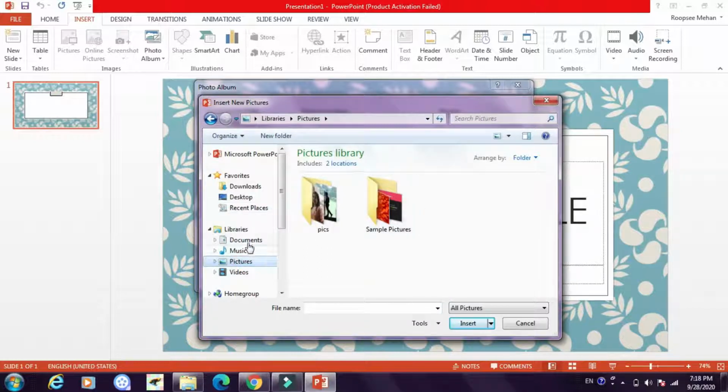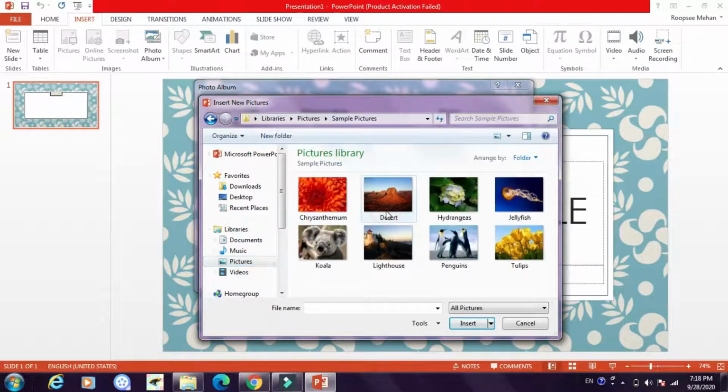Under the libraries, I'll select pictures, I'll go to sample pictures, and I'll see all the pictures there on my computer. Now I want to add all these pictures to the photo album. So first step is click on a particular photograph, press Ctrl key on the keyboard.